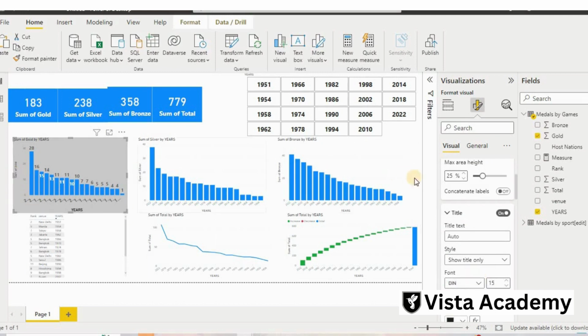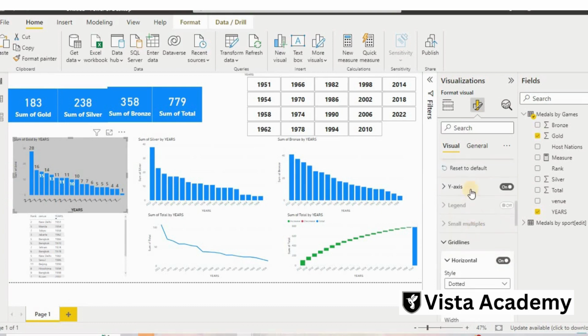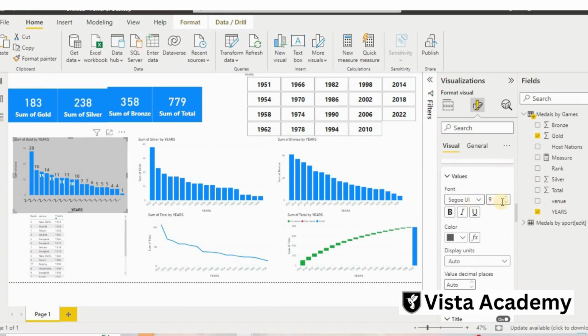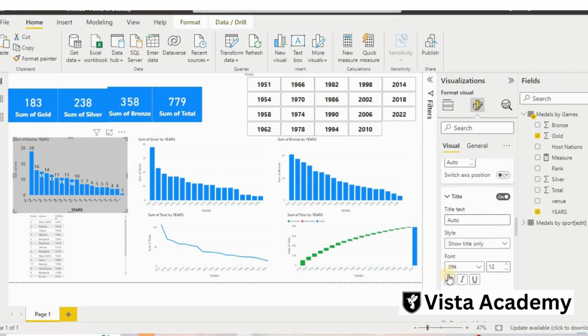So this will make our chart more readable and enjoyable. I will put it 15 here also and bold it, so everyone can see this chart and find it more understandable. Here I will format it and go there.